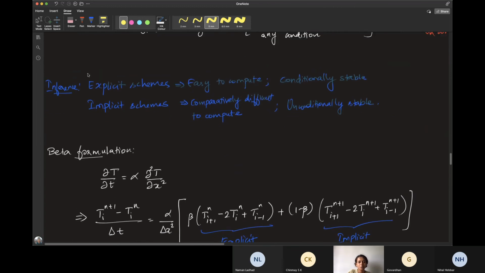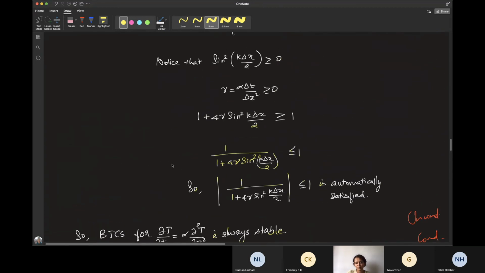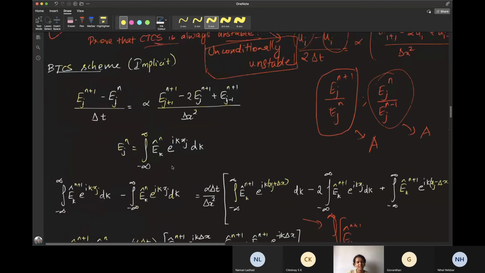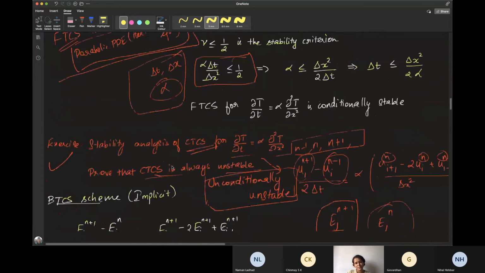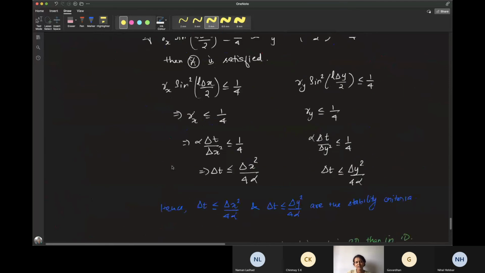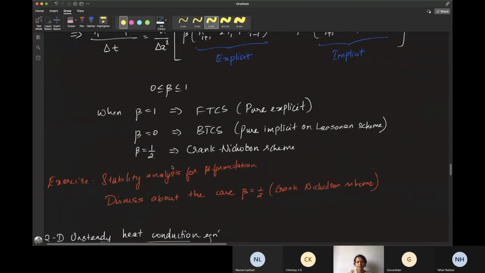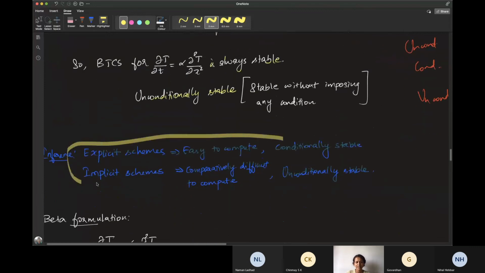Okay, now there is more to it, but we'll go to those things later. For now, I think this is a basic introduction. We have seen all of these only with respect to parabolic PDEs. We have not seen elliptic or hyperbolic PDEs, and even in parabolic PDEs, it's just the heat conduction equation. So all of these arguments are made with respect to the heat conduction equation, but still this part is quite general.